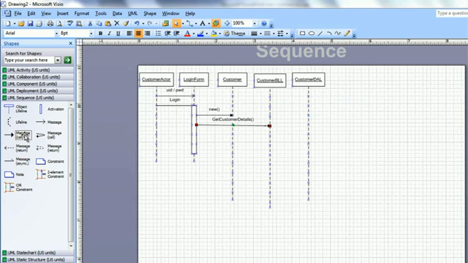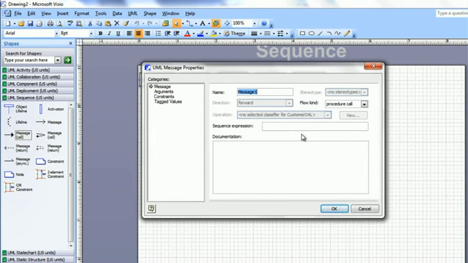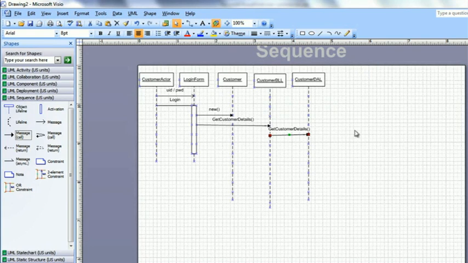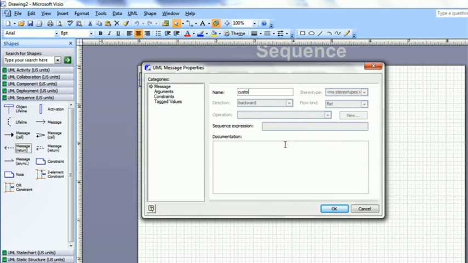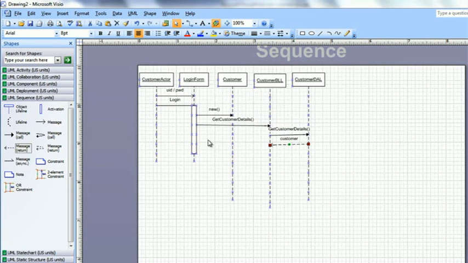So what this will do is it will then contact the data access layer saying get customer details. Now I'm not going to provide any further interaction because the customer DAL then connects to the database and fetches the data, so I'm not going to represent the database here itself. So assuming it found it, it will then return customer details to the business layer, which will